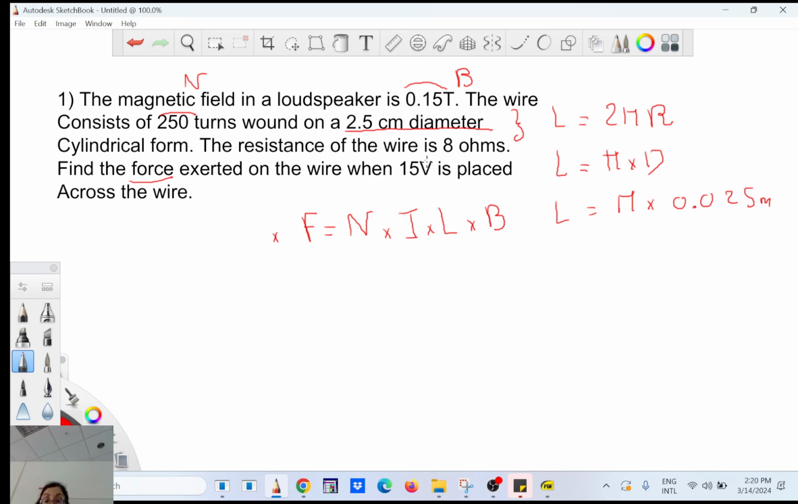Ohm's law. Okay, very good. Because it says the Ohm's law. Remember Ohm's law? V equals Ri. And we have the resistance R, we have the voltage, so we can find the current. Do you understand? Okay, so the voltage is 15, the resistance is 8, and the current is I. So the current will be,